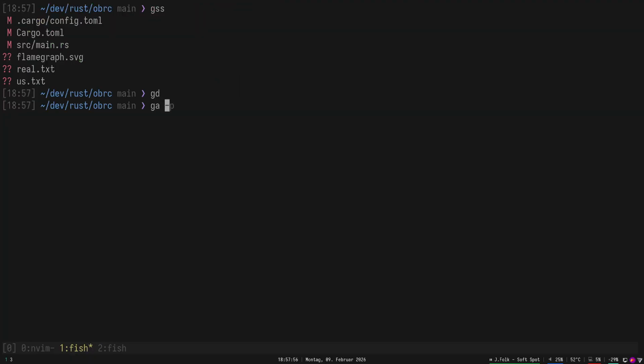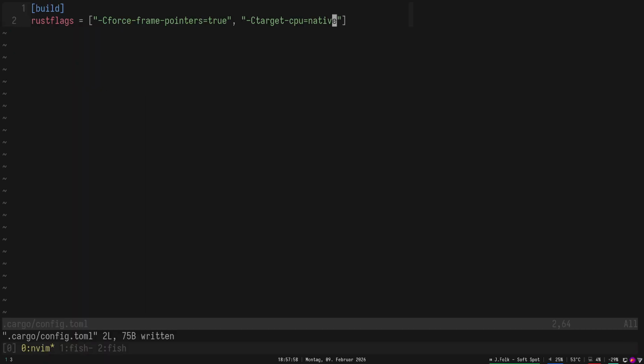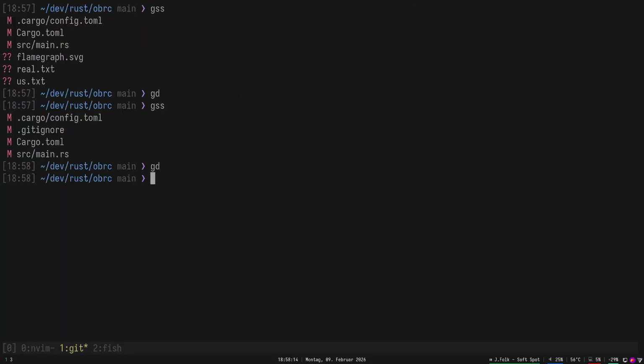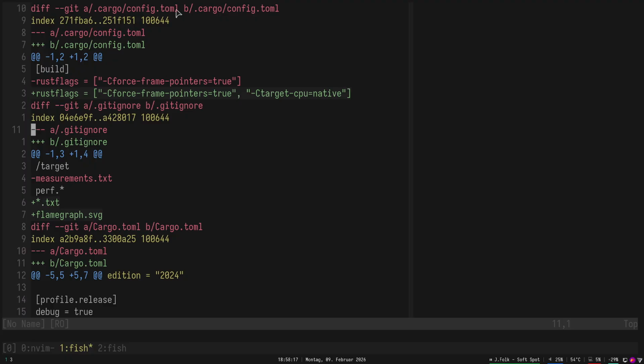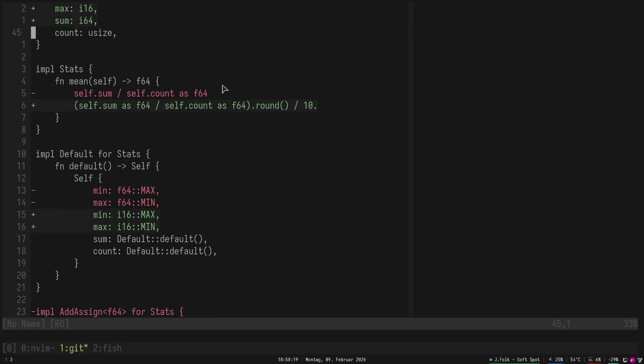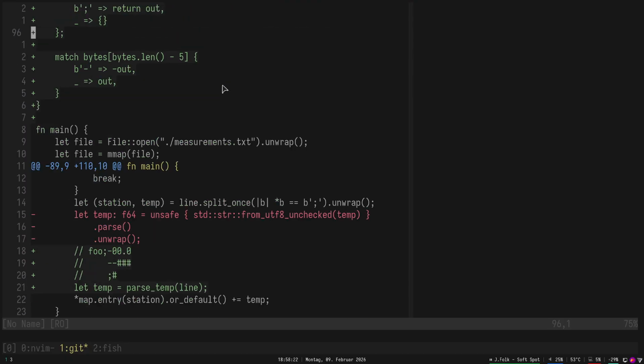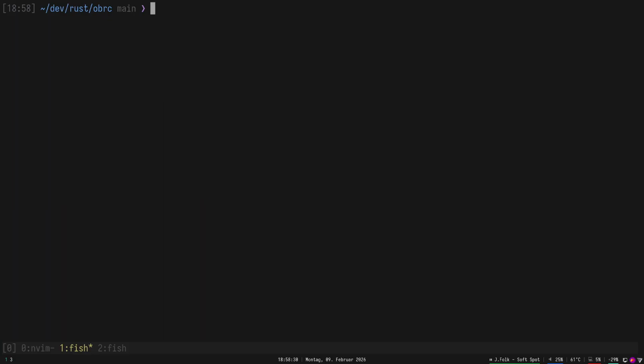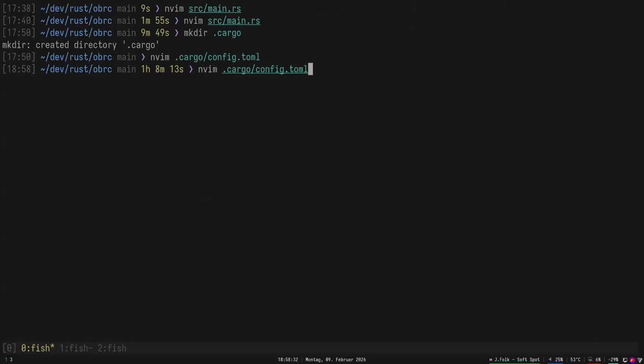commit what we have. So let's go to our gitignore and add all of our text files. And we can remove measurements, I guess. And then we can remove the flamegraph SVG. Yeah, so let's look at our diff, just make sure everything here is fine. This is just switching to integers. Okay. f64 to i16. Okay. And then let's